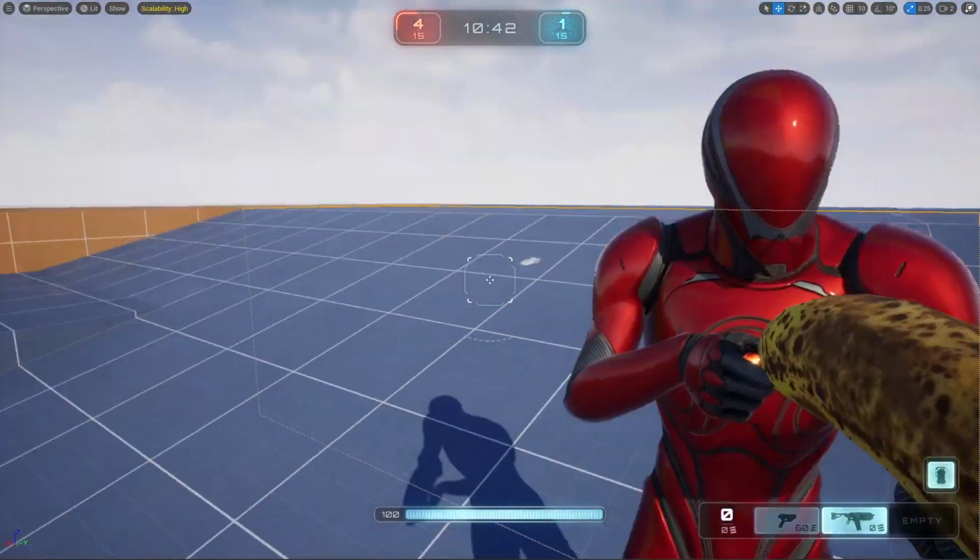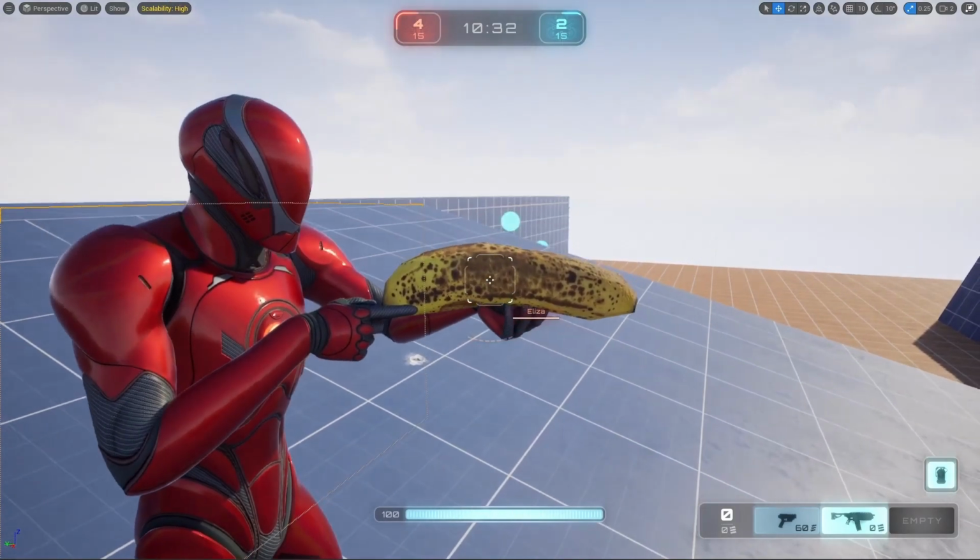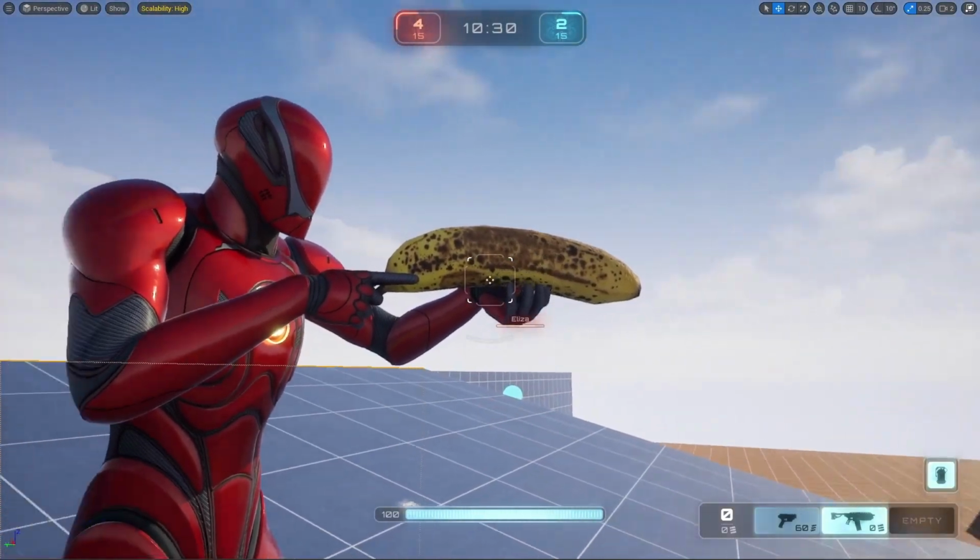So this is what it looks like. It really looks like he's holding it, even though it is using the rifle animation, which doesn't have that same